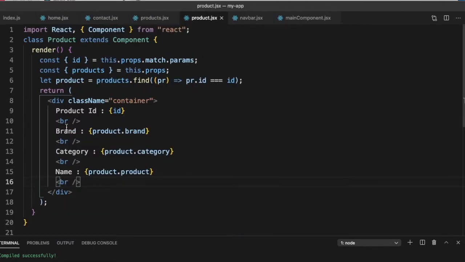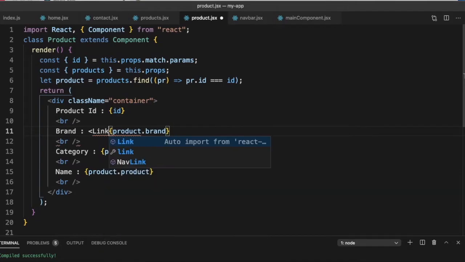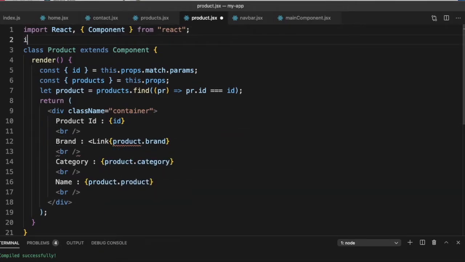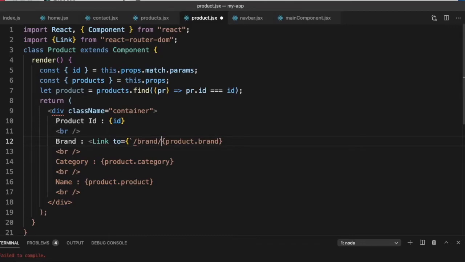So in the product, we can just put a brand, and we can put this into a link. So I'll need to first import Link from React Router DOM. to is equal to brand slash dollar, that's the value we want to show.